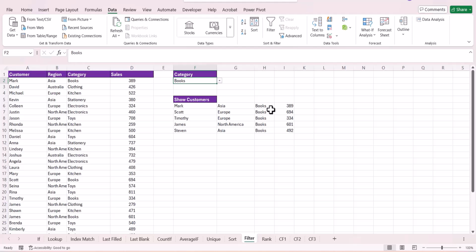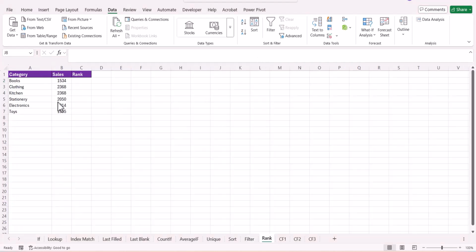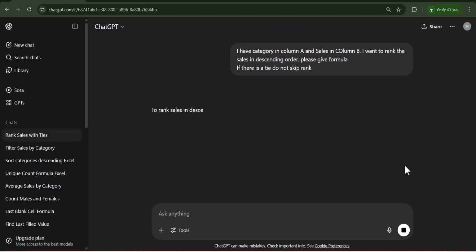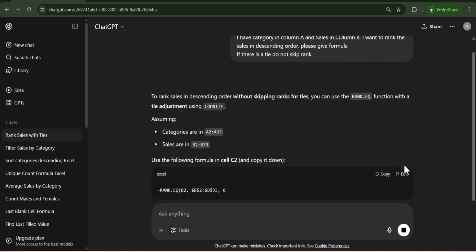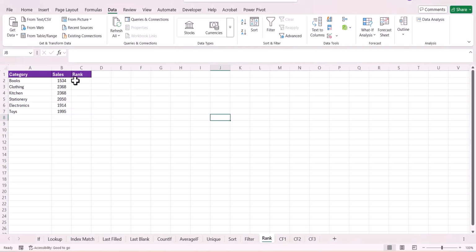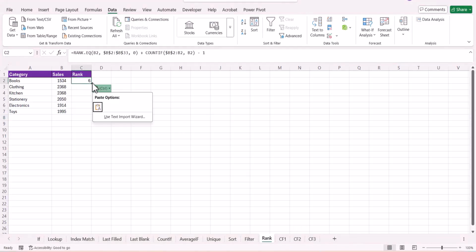Let's look at our next example. We have certain sales over here for certain categories and we want to rank the sales in descending order. Let's see how we can achieve this. Let's put in our prompt. That is, we have category in column A and sales in column B, and we want to rank the sales in descending order. And if there is a tie, then do not skip rank. So let's see the formula. Let us copy this formula and